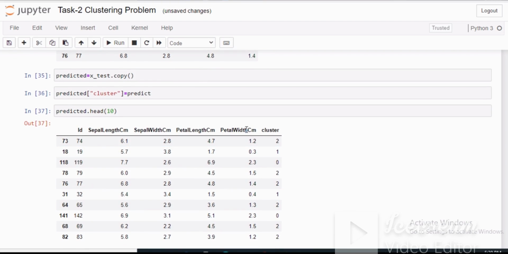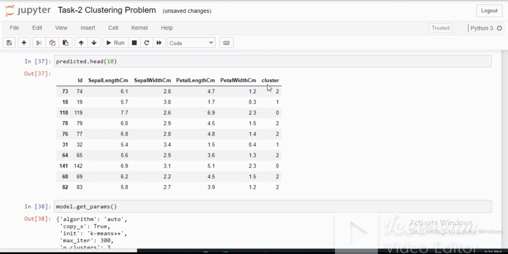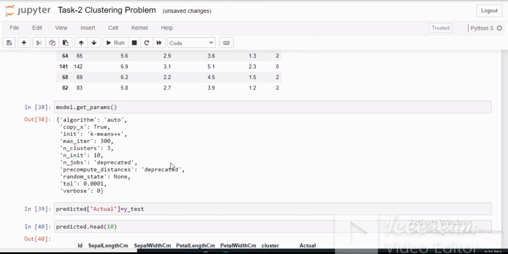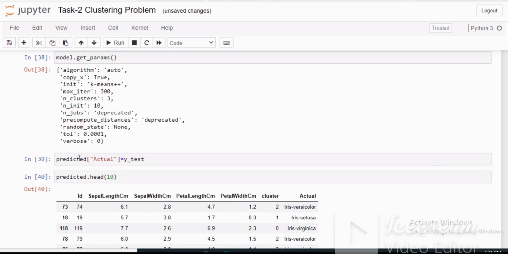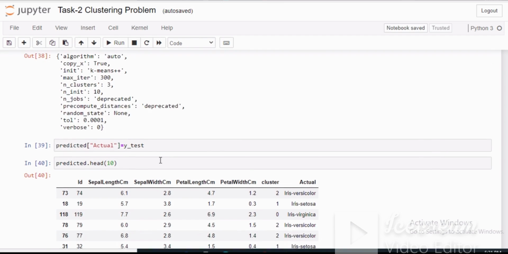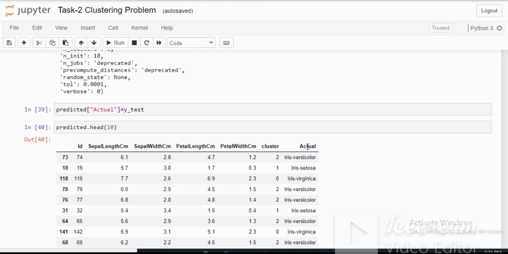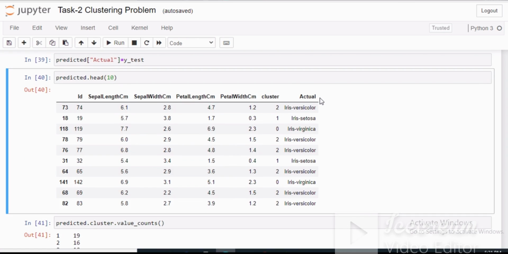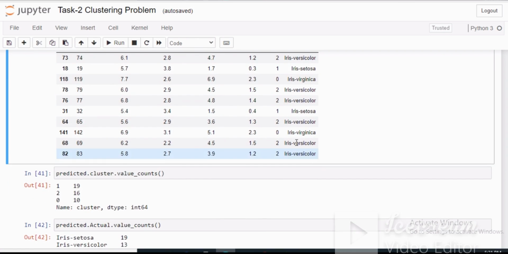The copied data set called predicted will look like this, with all the predictions stored in the cluster column. These are all the parameters of the model that we trained. We also provide the actual classification to which each instance belongs, in a column called actual, like this.